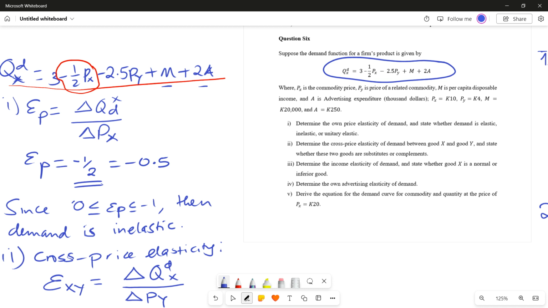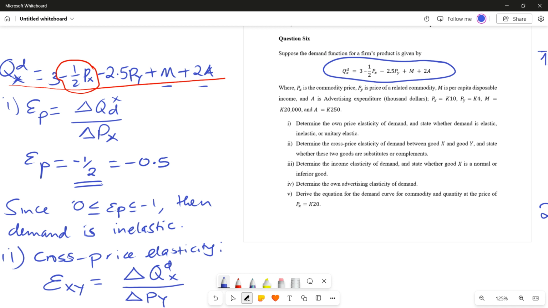We want to understand how a change in the price of Y will affect demand for X. How can we do that? Well, as usual, using